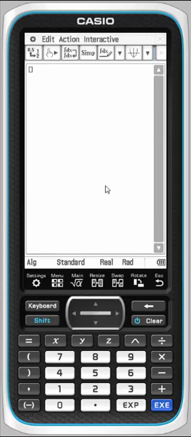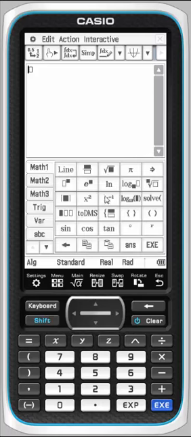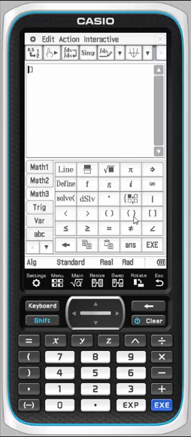Also, if you are new to the calculator, you should know how to access the keyboard. If you press this key, we get a nice soft keyboard. You'll notice some tabs down the left-hand side. Math 1 tab is the default, and you see a lot of handy things like fractions and square roots, pi, etc. In the Math 2 tab, we have some of the same, but we also add in imaginary numbers, integrals, derivatives, limits, matrices. In Math 3, we have a few other features, some comparative operators, systems of equations, and then